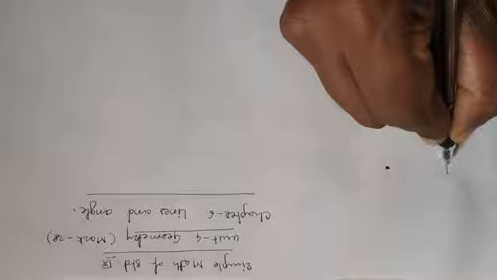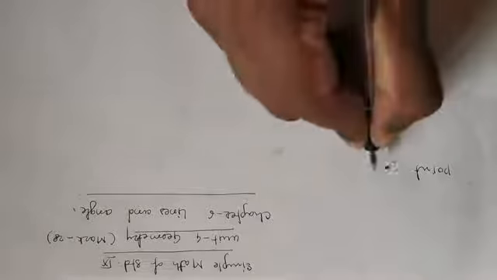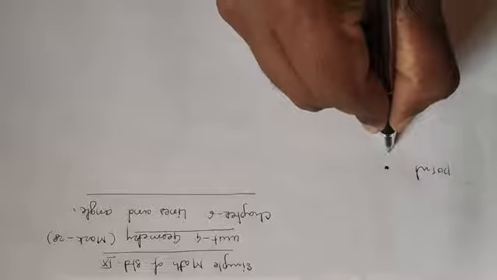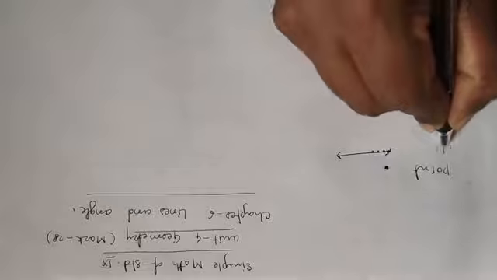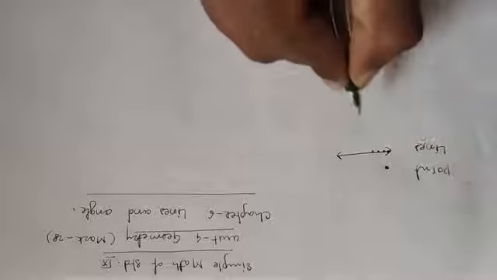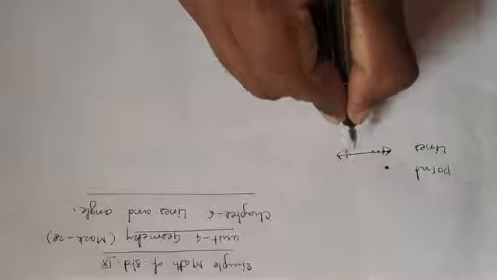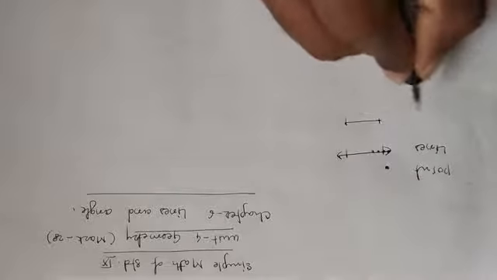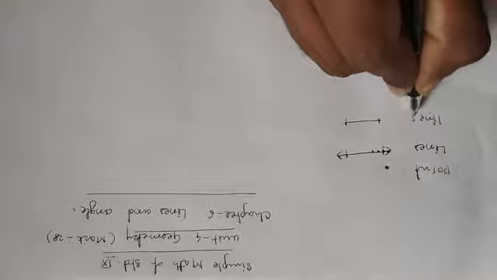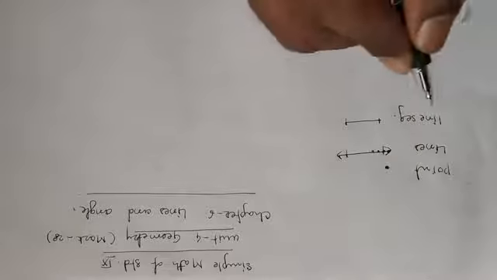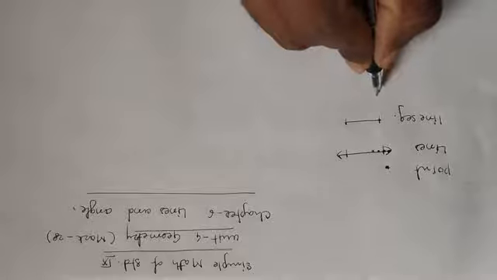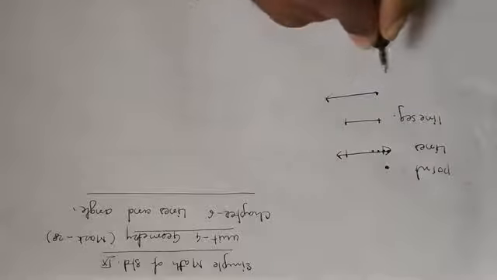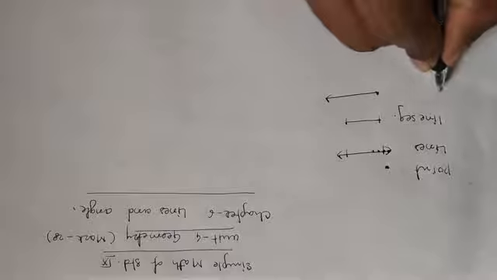This is a point. Then many points come together, then it makes a line. We take a part of a line, that is called a line segment. Next, when one side is a point and it extends to only one side, that is called a ray.